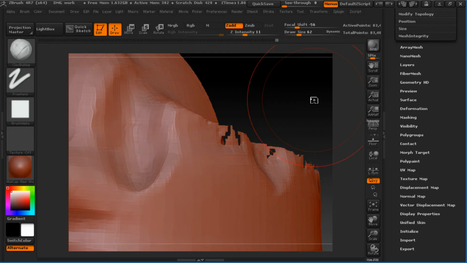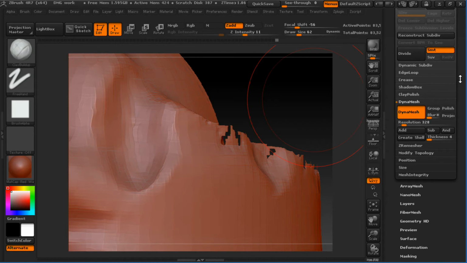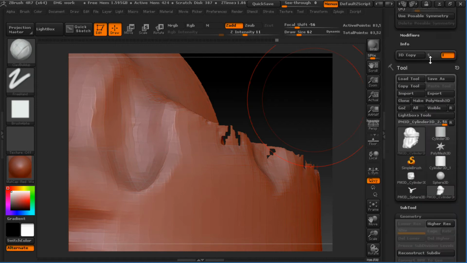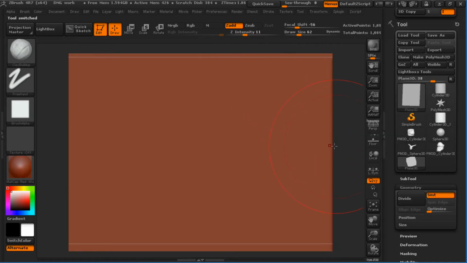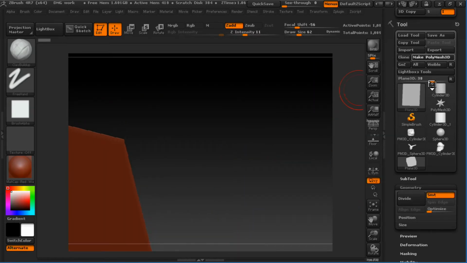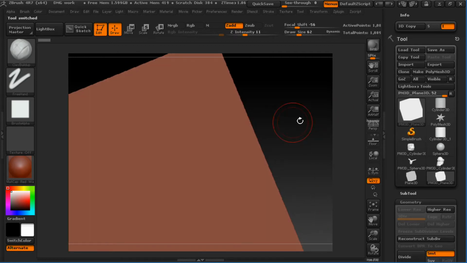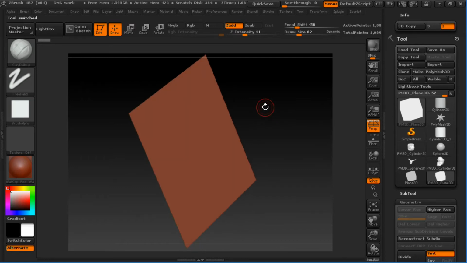And so you get a hole in the mesh. This actually happens a lot if you try to Dynamesh a plane. Not like a fly plane, but like a traditional 3D primitive plane. So let's make this a polymesh 3D object. You can see it's got one side to it and the other side is not there. If I try to Dynamesh this,